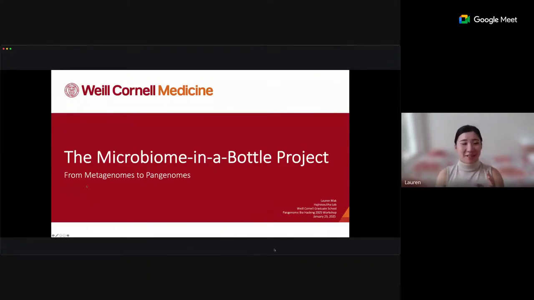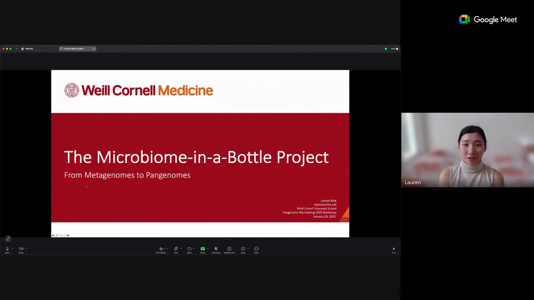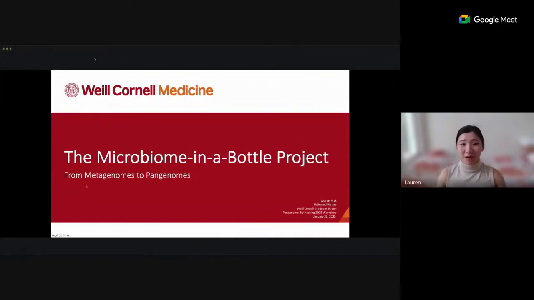So this talk is maybe not in the same flavor as the others in the program. It's meant to be kind of a guided introduction to working with metagenomics data as someone in pangenomics, what to ask for, what to look out for, and to provide you with an overview to the gold standard benchmark that I've been working on for the last 5 years that I would love for you to work on as well